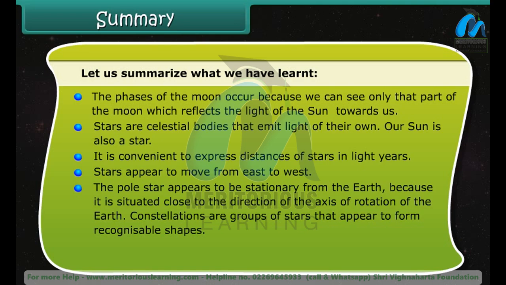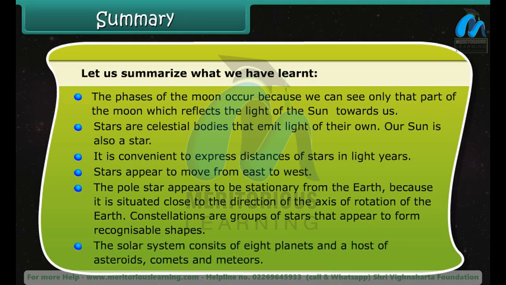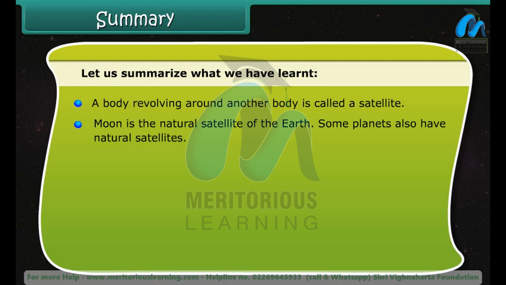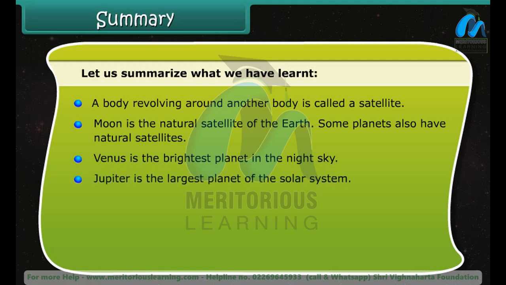Constellations are a group of stars that appear to form recognizable shapes. The solar system consists of 8 planets and a host of asteroids, comets, and meteors. A body revolving around another body is called a satellite. Moon is the natural satellite of the Earth. Some planets also have natural satellites. Venus is the brightest planet in the night sky. Jupiter is the largest planet of the solar system. The artificial